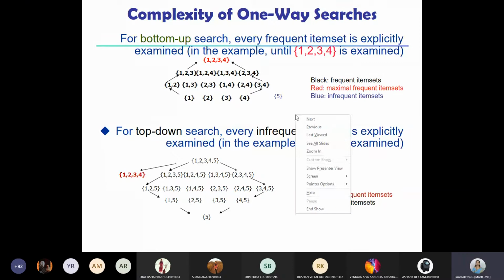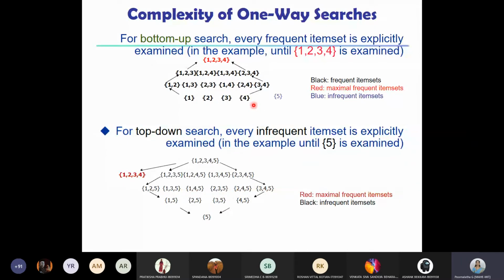So you can see here. If it is a bottom up search, what we do, suppose let us say that we have 5 items, item 1, 2, 3, 4 and 5. So what do we do in apriori? We take these individual items first. Then we scan the database to check the support of these individual items.